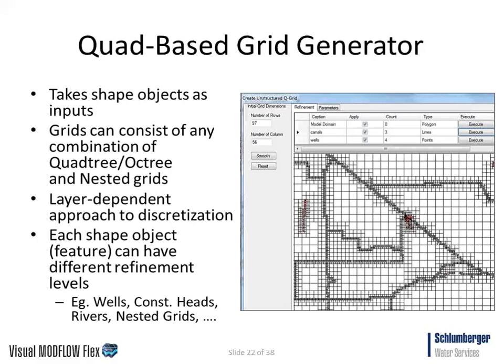In the example shown on the screen here, you can see you have the model domain, you have the canals, which is a shapefile, and then the wells, which are a set of points. Each of these features can have a different level of refinement, so you can refine linear features by a certain refinement factor, and each linear feature can also have a different level of refinement. So for example, if you have